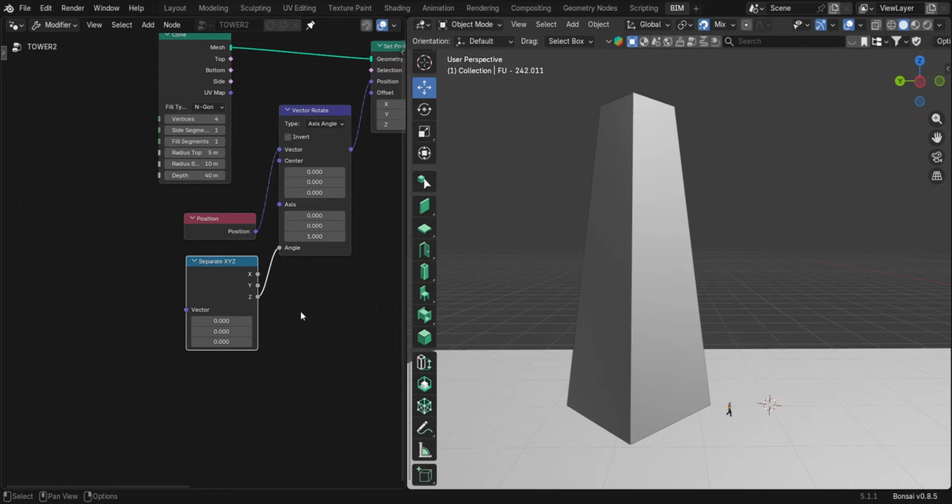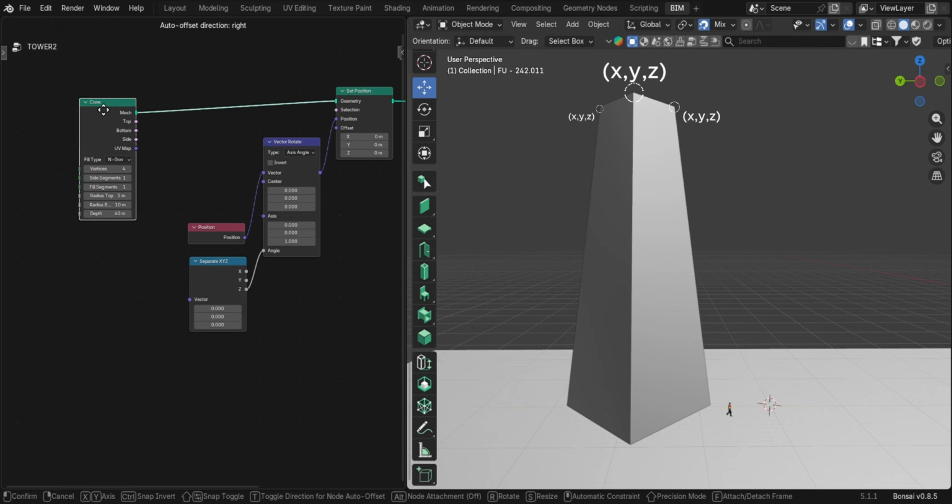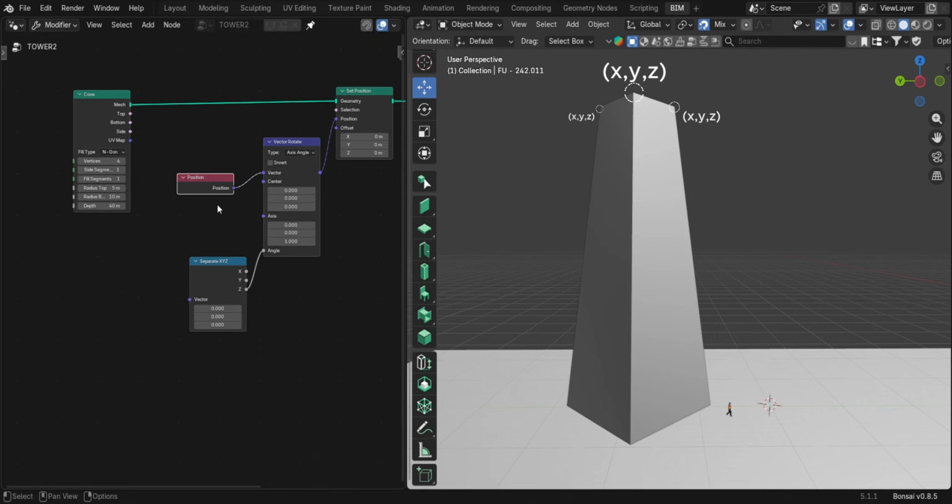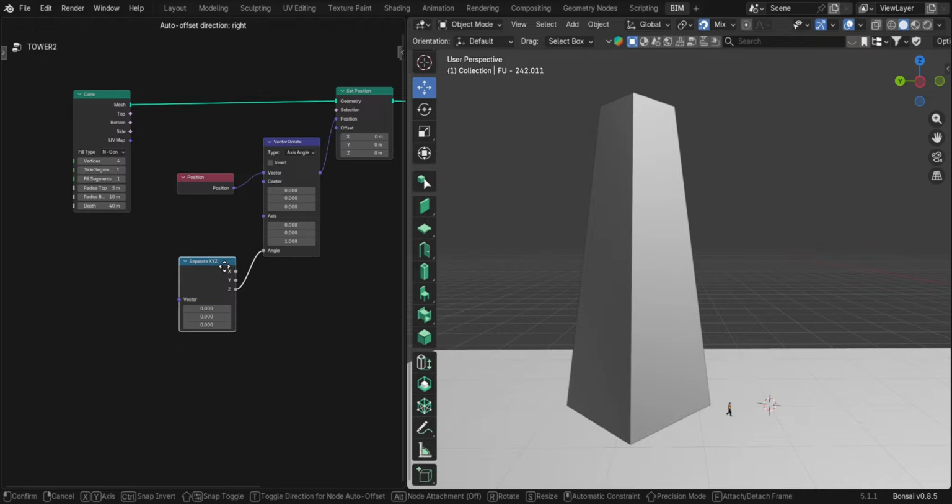So to help us choose the axis we want, in this case we would need the Z axis, because that's where we're gonna rotate our structure. So connect the Z output into the angle of the vector rotate node. Now the rotation angle depends on each and every point's height. Points near the bottom receive a smaller rotation, while points higher up receive a larger rotation. Instead of the whole object spinning all together, the geometry just twists progressively from the bottom to top.